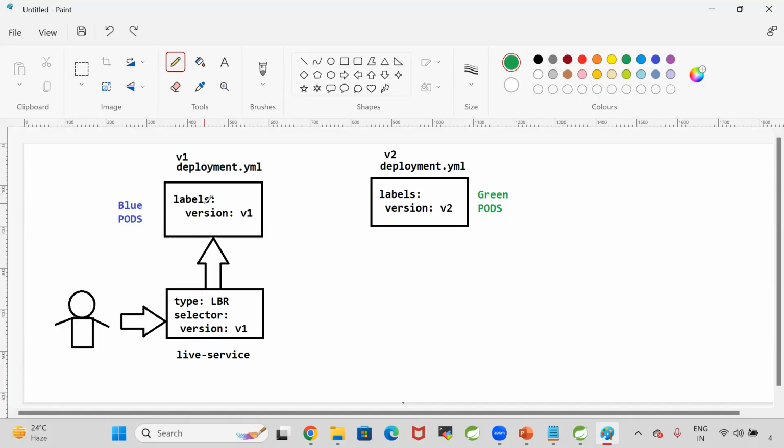Now today, I want to deploy the latest code into the cluster. In the latest code for the pods, I have given the label as v2. The pods with label v1 belong to blue pods. The pods with label v2 belong to green pods. Now, when I deploy the latest code into the cluster with the pod label as v2,